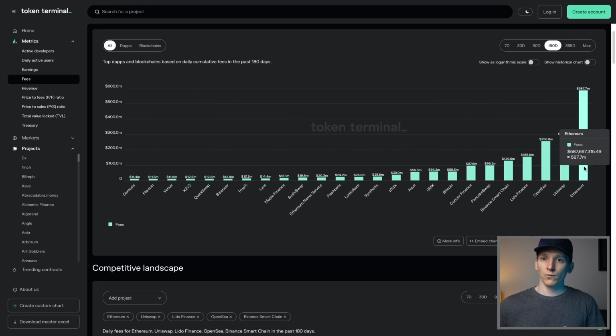Ethereum is the most successful business in cryptocurrency. It makes the most money. Uniswap is the second most successful business because it charged people a fee. Actually, all those fees go to liquidity providers, but I won't get into that.